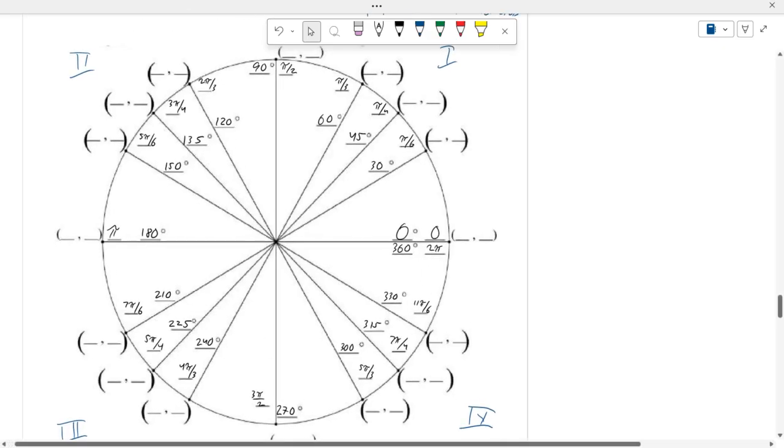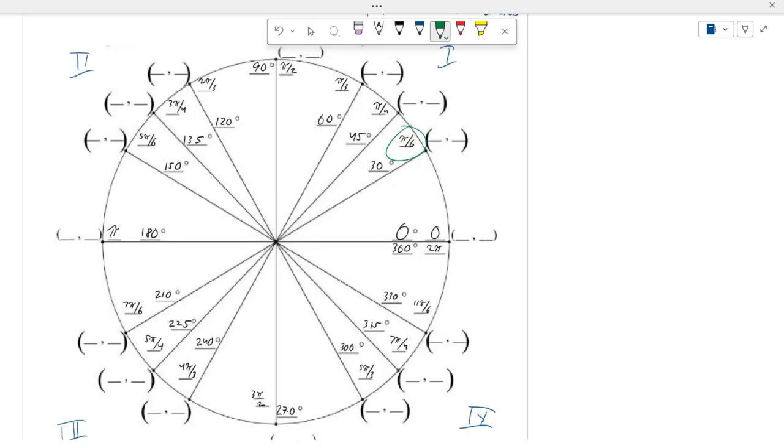And just, again, try to notice the patterns that are appearing here, right? So all of these angles here have a 6 in the denominator, right? All of these angles have a 4 in the denominator. All of these angles have a 3 in the denominator, all right? And as you go around the unit circle, they're increasing, right? So in the first quadrant, there's no coefficient on pi. It's just pi over something. And then it's 2 pi over 3, 3 pi over 4, 5 pi over 6,